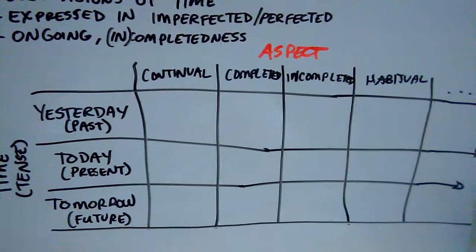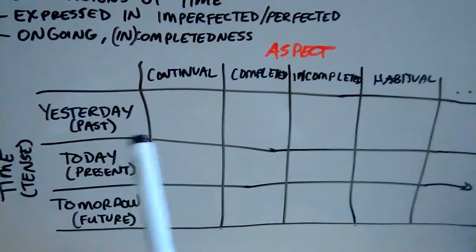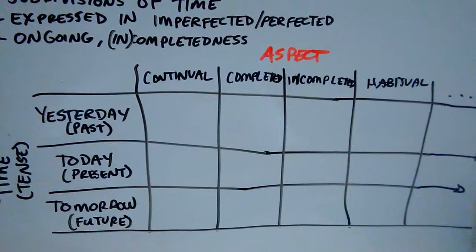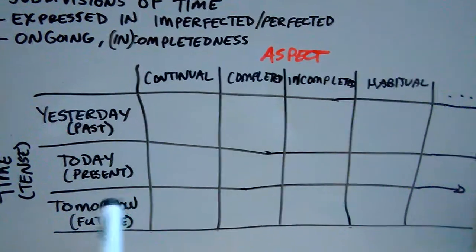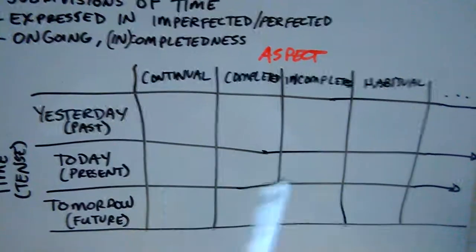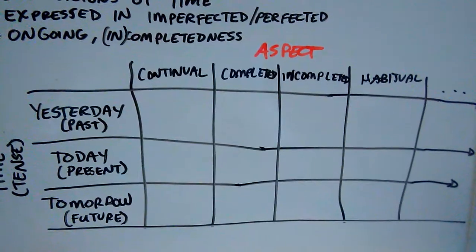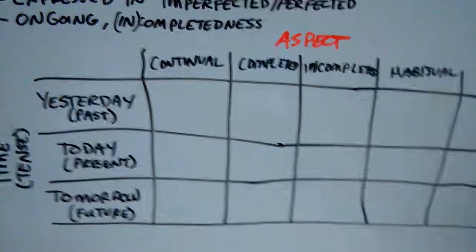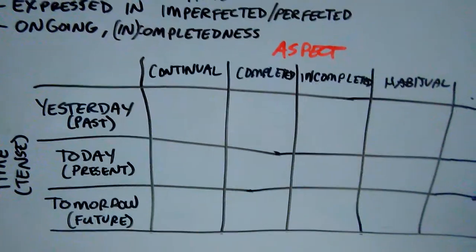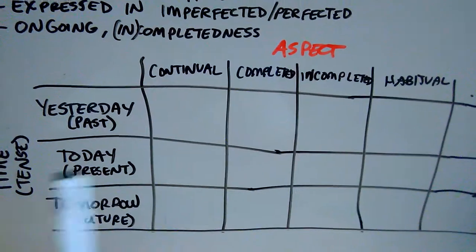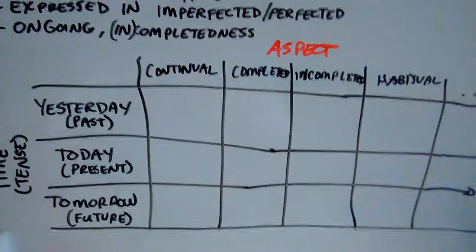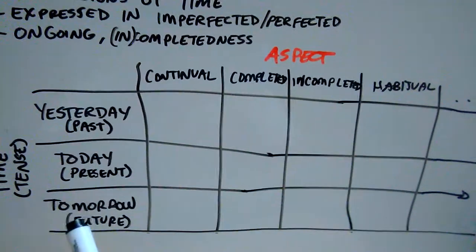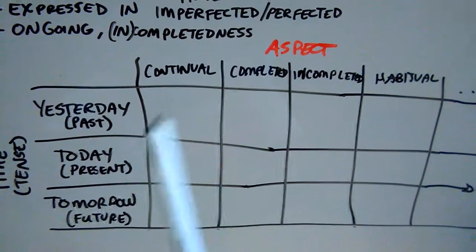It's already finished. But I had been eating an apple is showing imperfectedness, right? I used to eat an apple. That's also showing imperfectedness, right? I used to eat an apple. I had been eating an apple. It's imperfect because the action wasn't done. It was still ongoing and continual in the past. So that box can express I used to eat apples, I had been eating an apple, that kind of stuff,